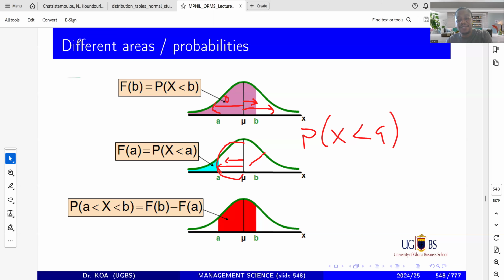0.5, exactly. You find that you have to subtract it from 0.5. That is when you will now know the area you are looking for. Now let's come to the red one, the last one here. If you want to find the shaded area, you start from the center, you read this, you find this area, straight away you get the answer. You read this one to find the area, straight away you get the answer.